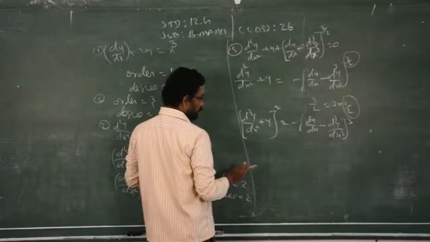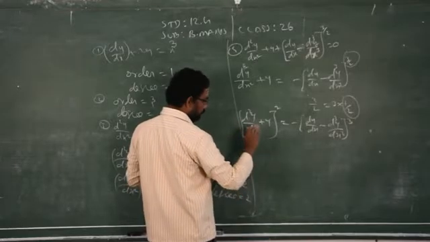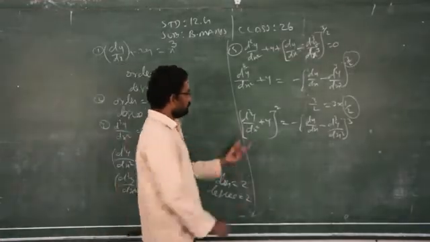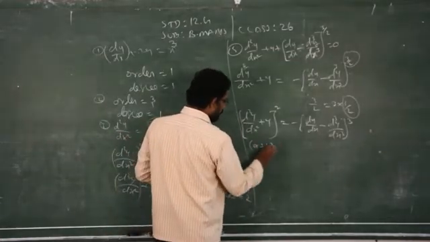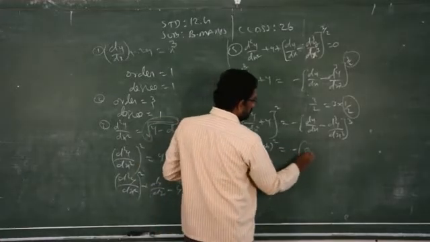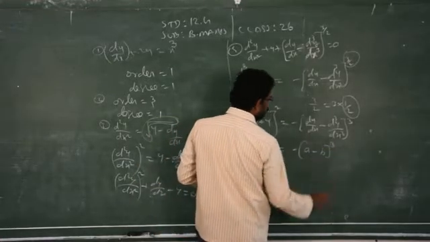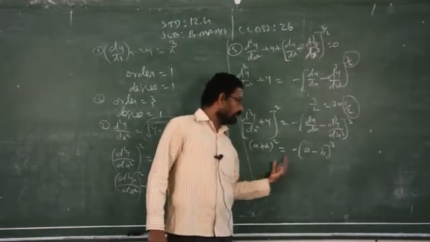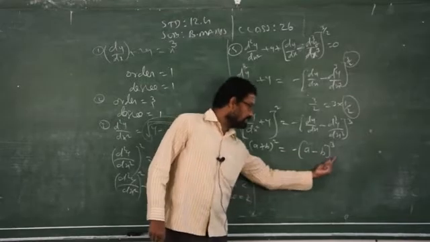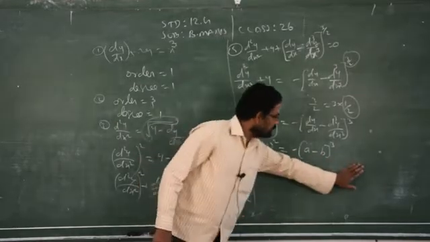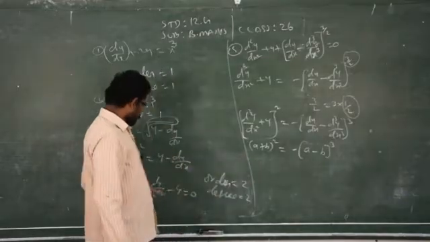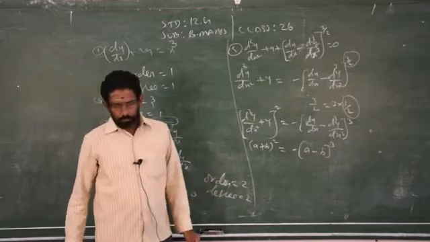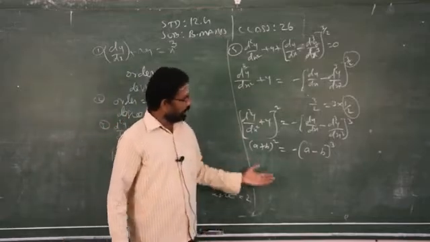But boys, remember it is a 1 mark question. Therefore I am writing the answer straight away. If it is a 5 mark question, you have to express this on the left side by a plus b the whole square and the right hand side by a minus b whole cube. After expanding these two by using these two identities, please take minus inside the bracket, then transfer all the terms to the left side, write in standard form of differential equation, then you have to write order and degree. But here it is not like that.